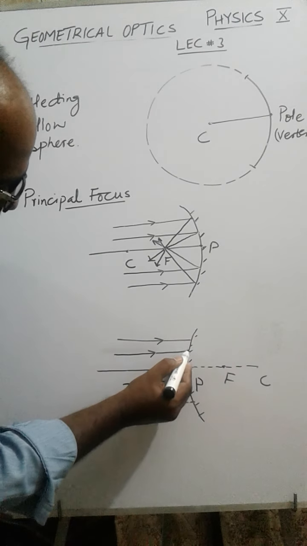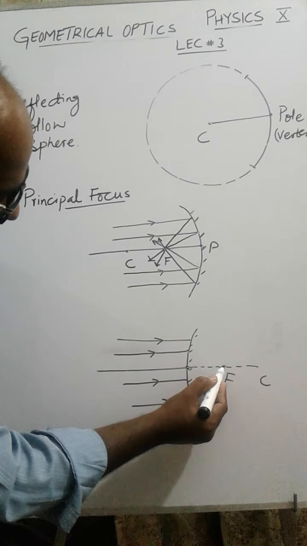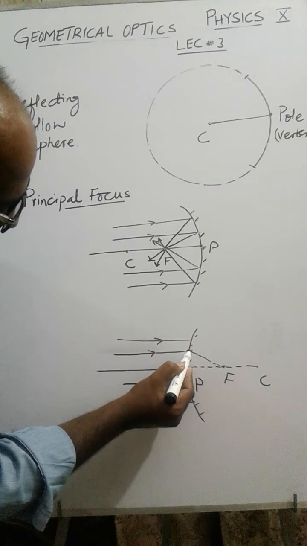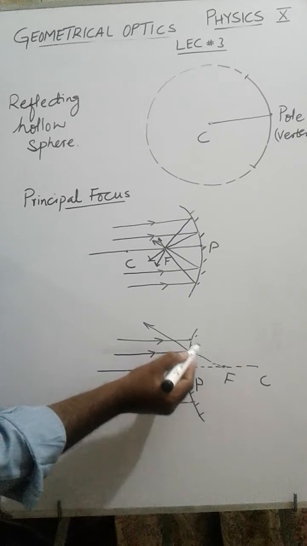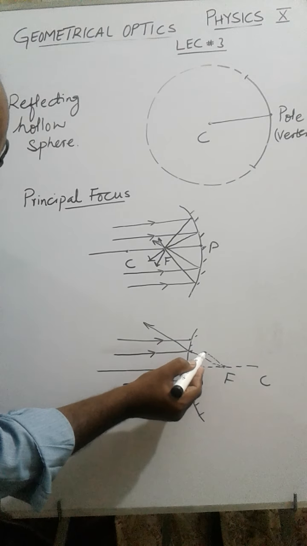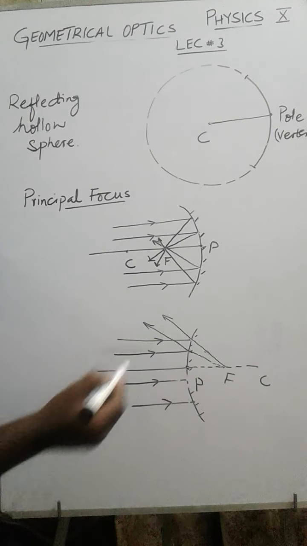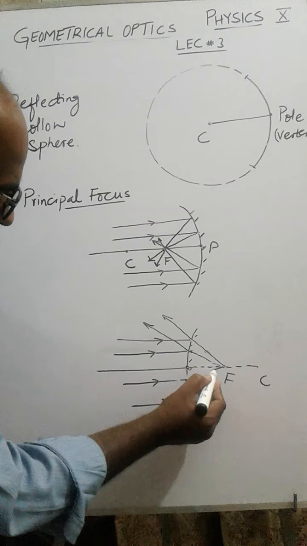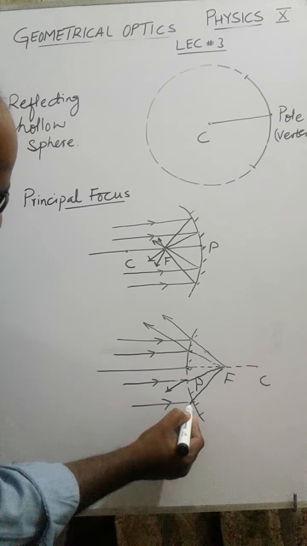When this ray comes over here, it has to be bounced back. But how will it be bounced back? You consider this point and this point, and join these two with the help of a scale, and in this way it will be reflected back. Similarly, this point is also joined with F with the help of a scale, and it will go like this, reflected back virtually. Similarly, this point seems to be coming from here, and this point also from here.